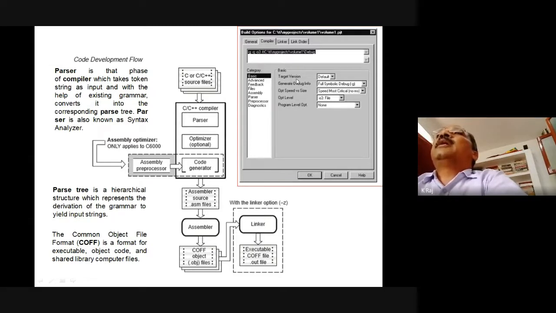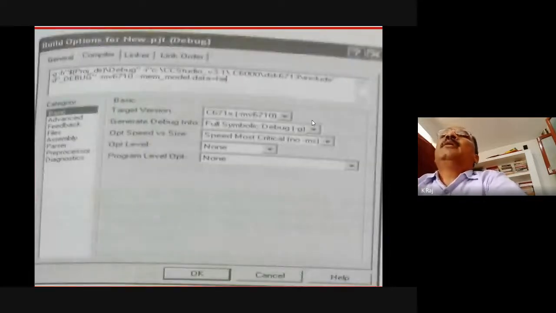The target version is the default, generate debug information is given as full symbolic debug, speed most critical is given in speed versus size, the entry for the optimization level is this one, and for program optimization we select none.